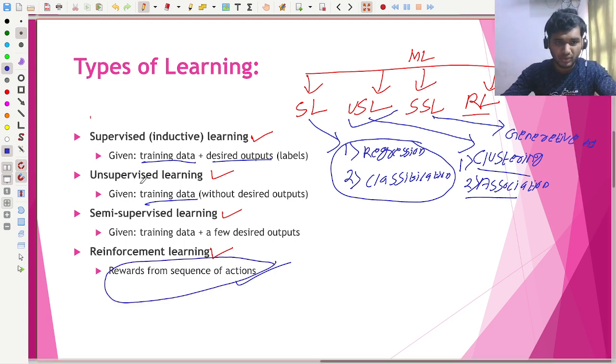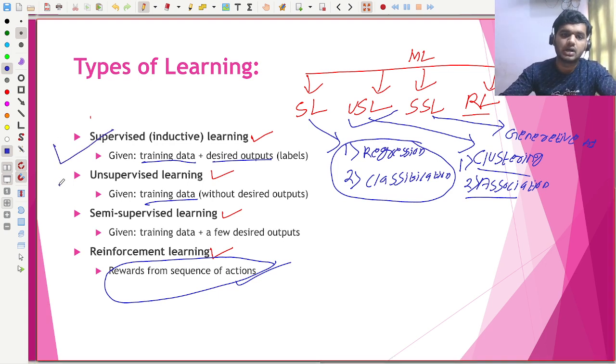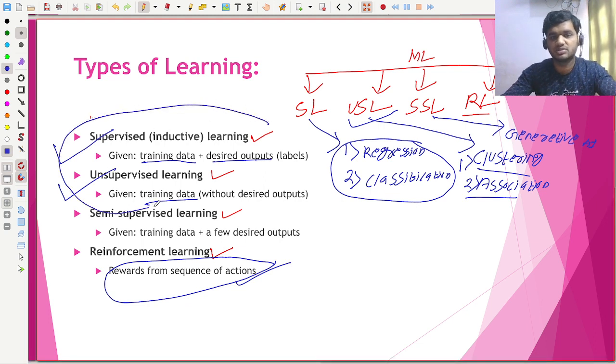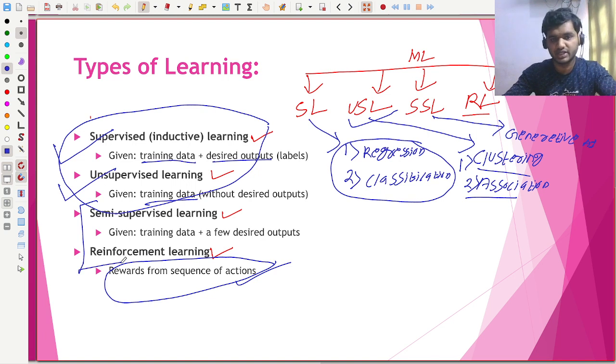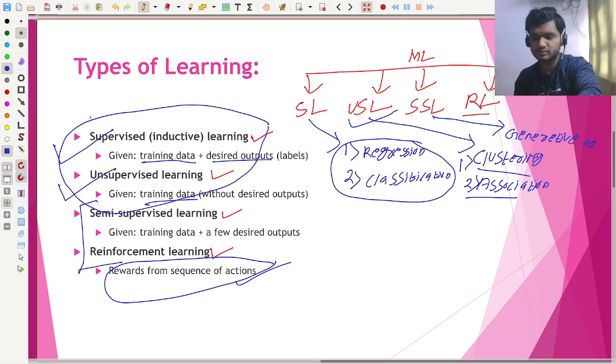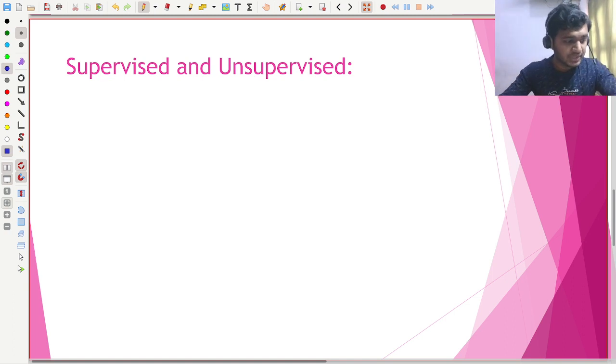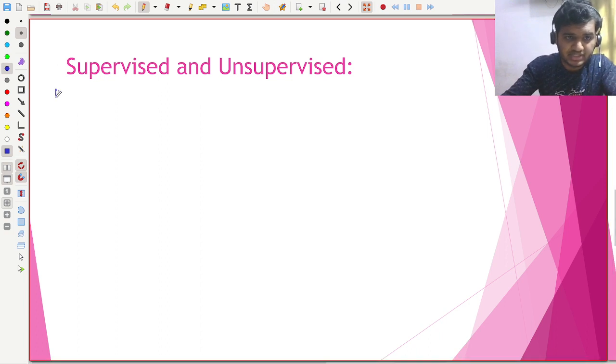So in our syllabus, supervised learning is there and unsupervised learning is there. So we will completely discuss supervised learning and unsupervised learning. After that, we'll also discuss semi-supervised and reinforcement learning. So if you have a doubt about what is supervised learning and what is unsupervised learning, we'll discuss supervised learning with an example. So first, the example is